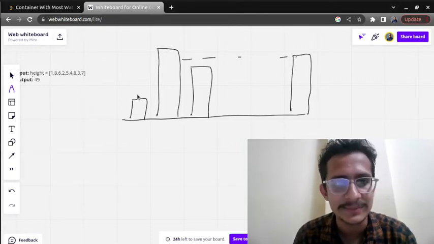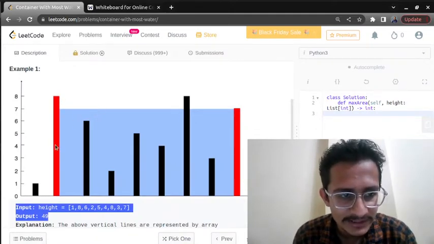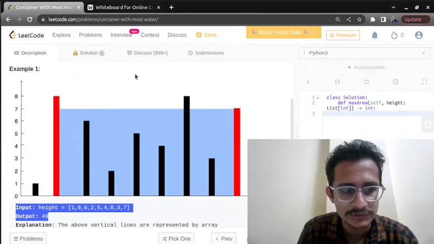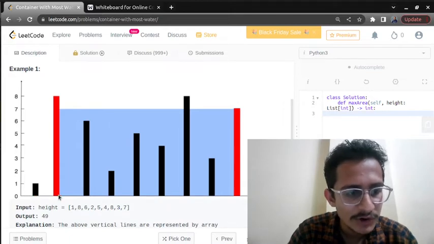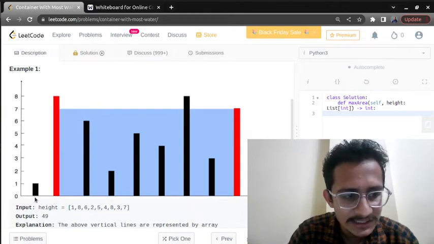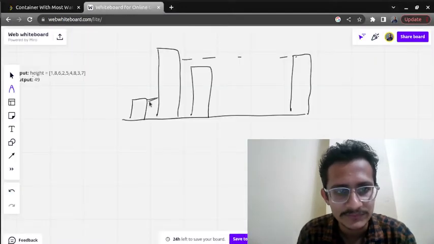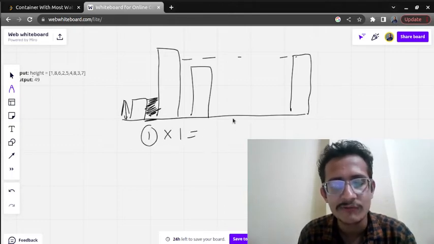Perfect. So now what we need to do is find the maximum area. So how will the area be calculated? The area will be calculated between two pillars. Pillars can be any two. So you can calculate the area between these two pillars, or between the first and second pillar. So what is the amount of water that can be stored between the first pillar and the second pillar? As you can see, the height of the first pillar is 1, so this much water will be stored. This length is 1 and the height is also 1. So what is the area of water that can be stored?